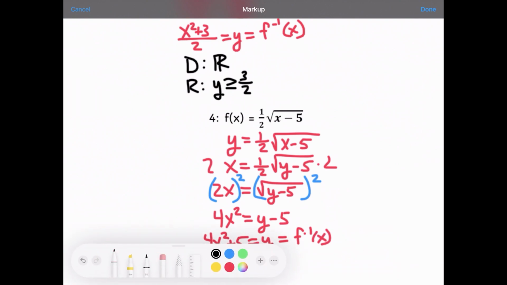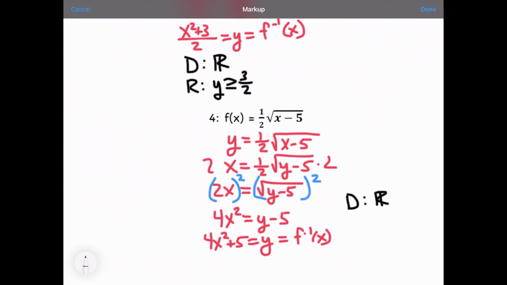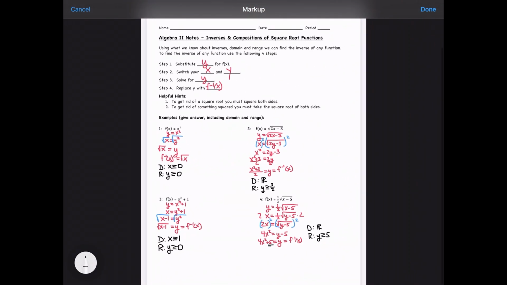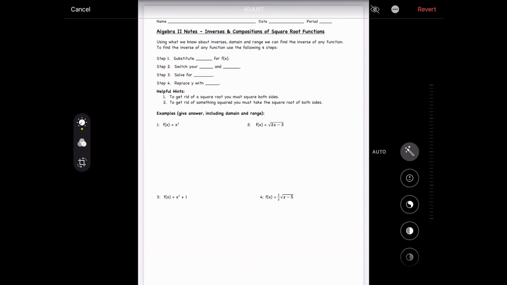So now it's another quadratic. So we know the domain is always all reals with the quadratic. But our range, where do we move up? We have a k value of 5. So that means our range is y greater than or equal to 5. So there is the front page of inverses and compositions of square roots, and really quadratics. Now let's flip it to the other side of the page, and we're going to do